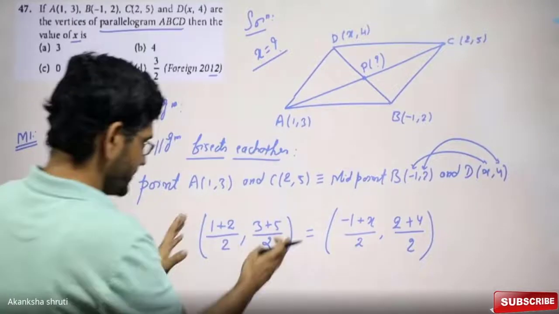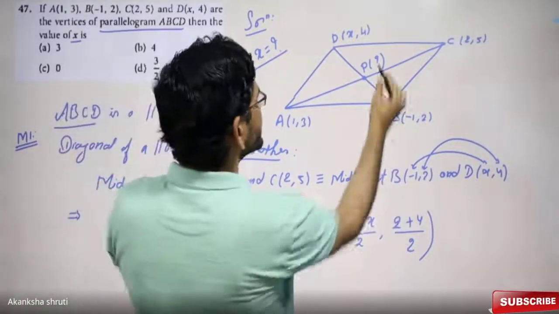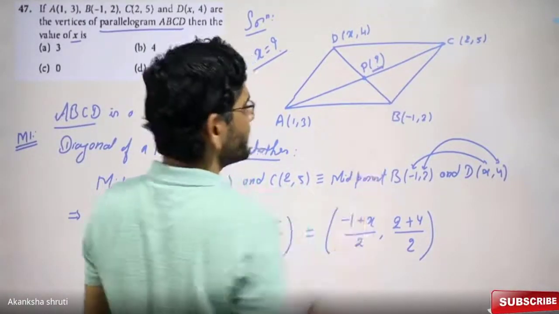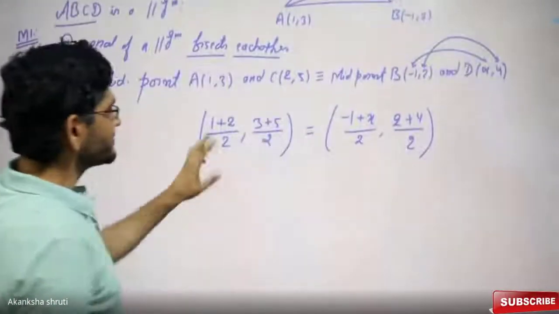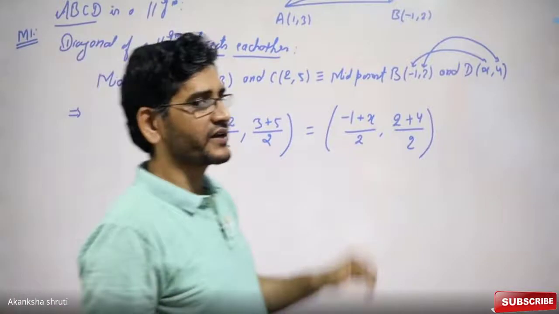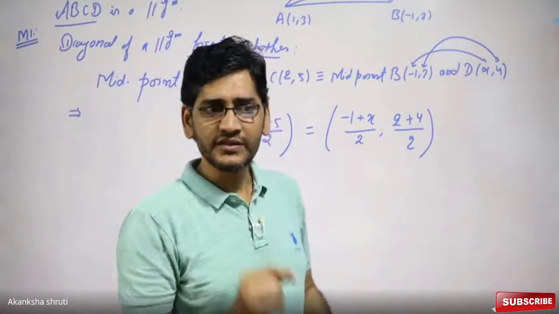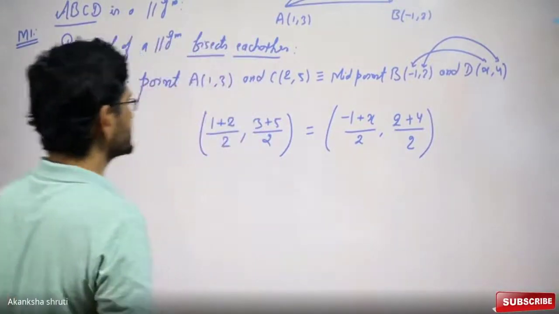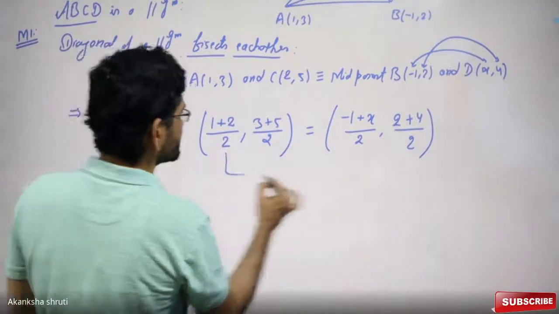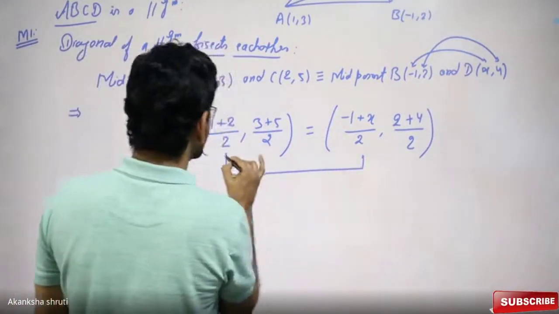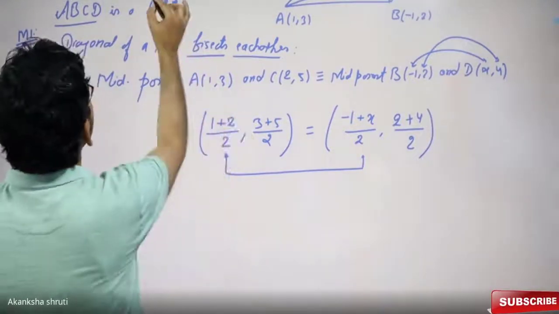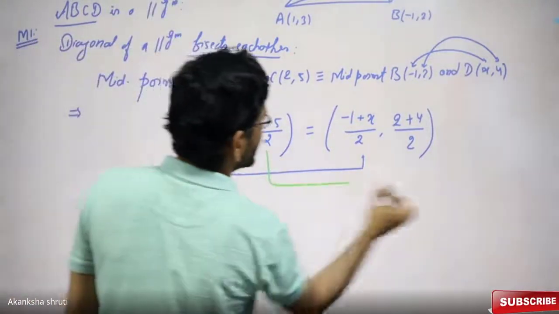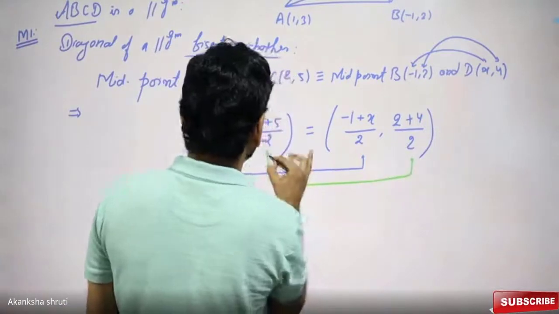Students, what are these? These two are the coordinates of this point P. Since P is a single point, they are coinciding, and therefore these ordered pairs can be equated. What does an ordered pair mean? The first part of this pair can be equated with the first part, the x coordinate, and the second part can be equated with the second part, the y coordinate.